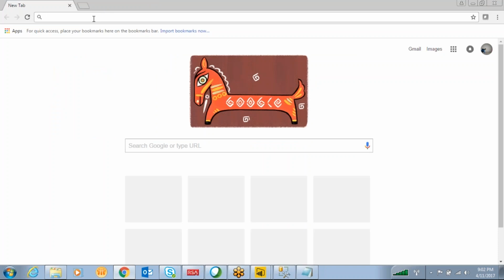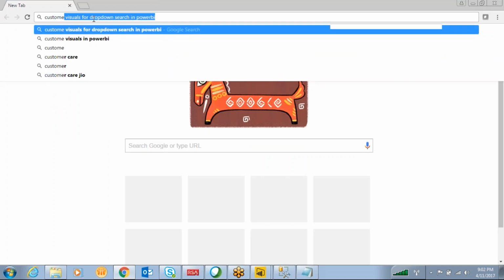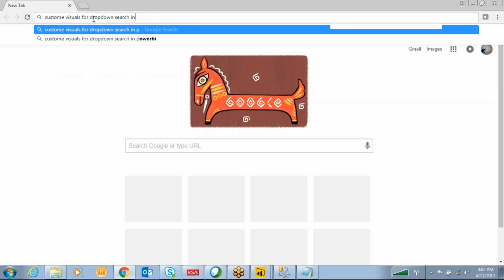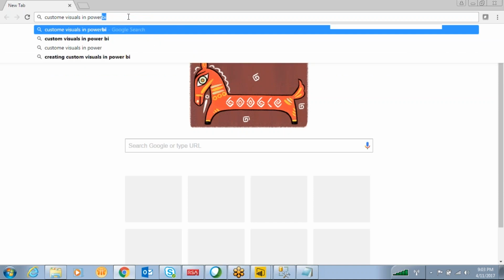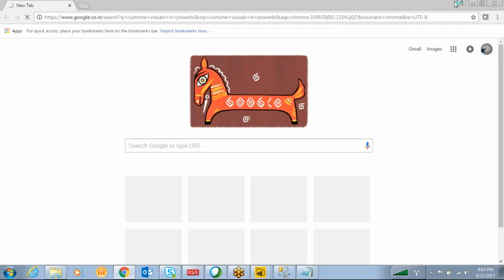I don't want to use this slicer, so I want to import a customized slicer from the Power BI site. You just go over here, custom visual in Power BI. Just go to the Power BI site.